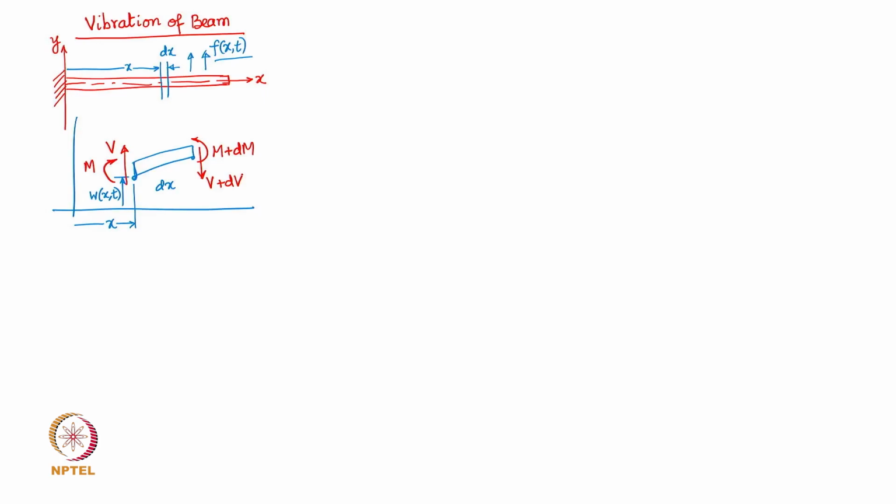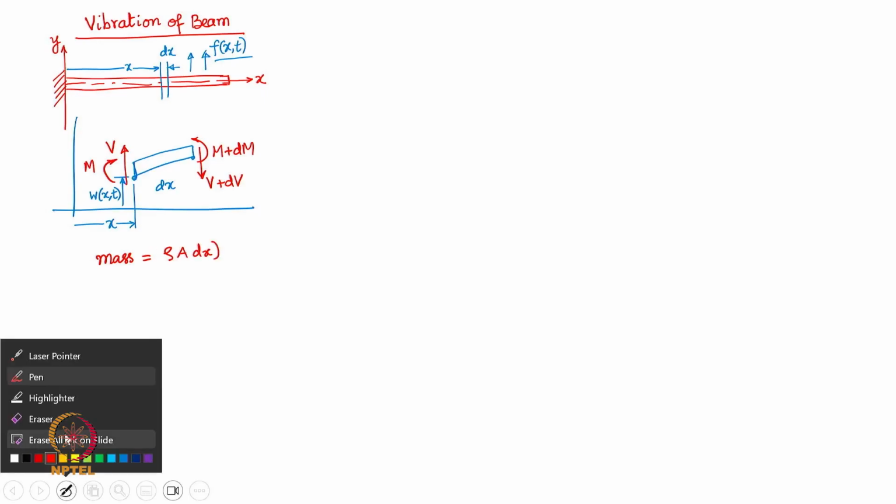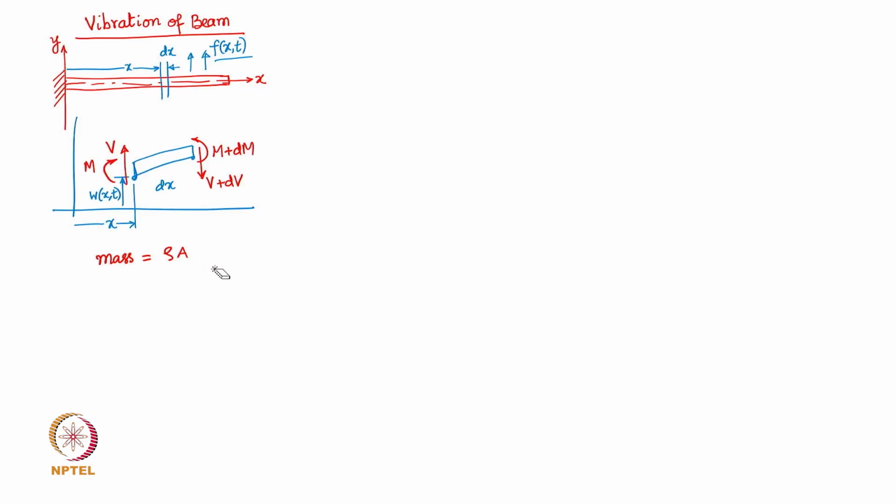So, as it vibrates, it would have its own inertia. The mass of this element is going to be rho A dx. A is of course the cross sectional area, and more appropriately, I think we should, in a general case, say that this is rho A(x) dx. So, rho is